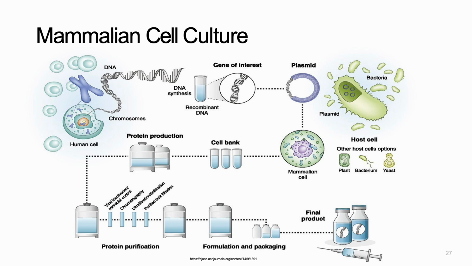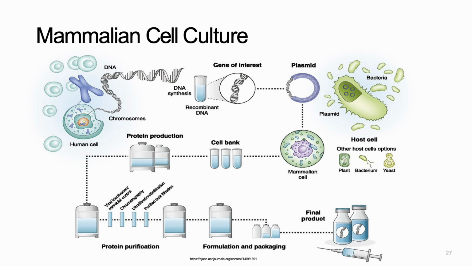We're going to put that in culture, and we're going to have billions of those mammalian cells expressing our molecule as well. Now we call that a cell bank. When we have a cell bank, we may freeze the cells to keep them. And then we can defreeze them, which we call thawing, and we are going to be able to get those mammalian cells.